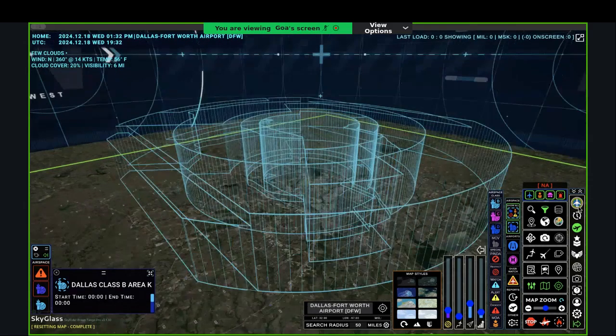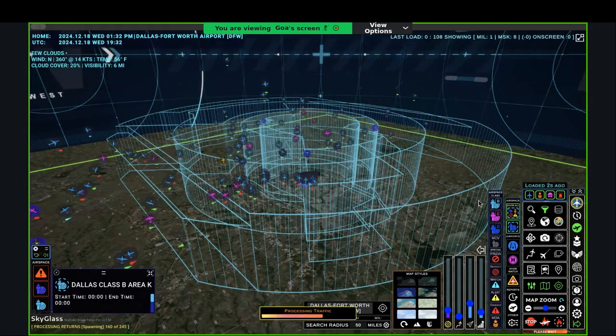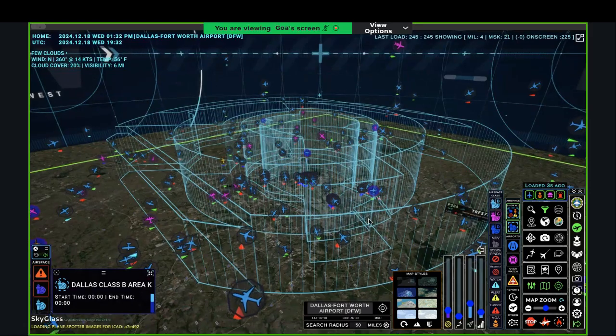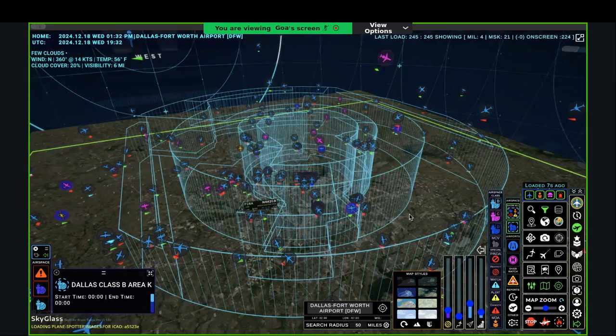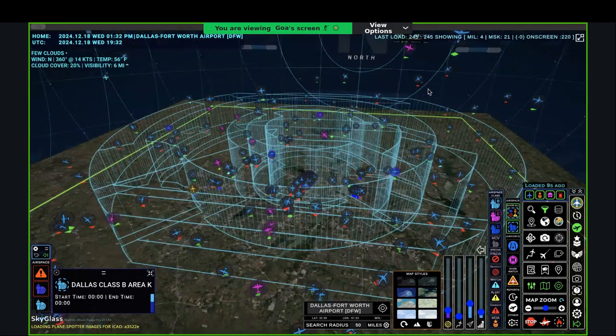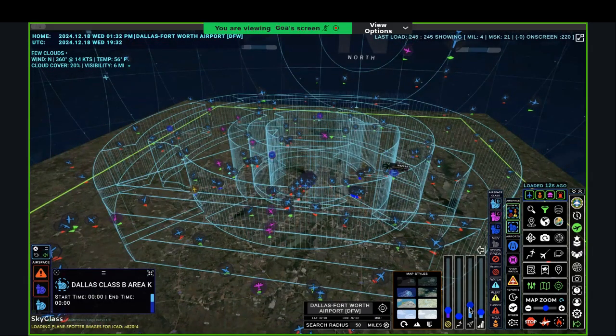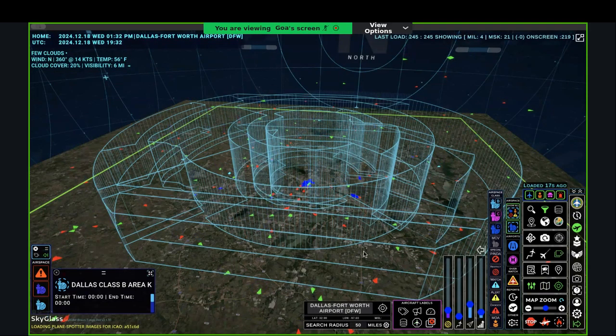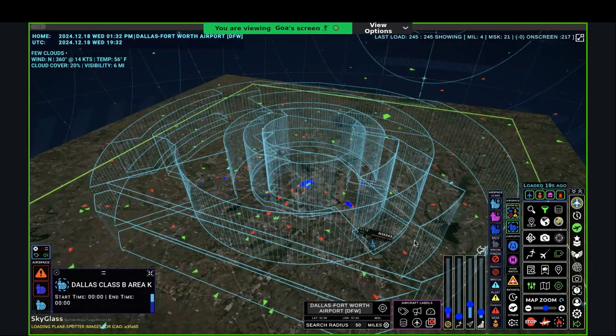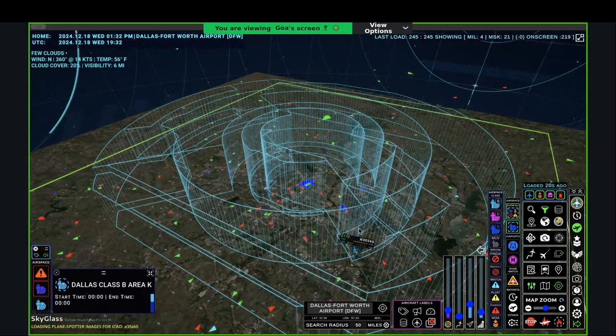So now let's bring some traffic in. I'm just going to do a snapshot so we can kind of see where we're at. Looks like we got a good amount here. And we get 245 on screen. All right, I'm going to make those a little bit smaller. And you know what? I'm going to peel off the aircraft icons just so we can kind of focus on what we're doing here. The other thing I'm going to do is you'll notice we get this